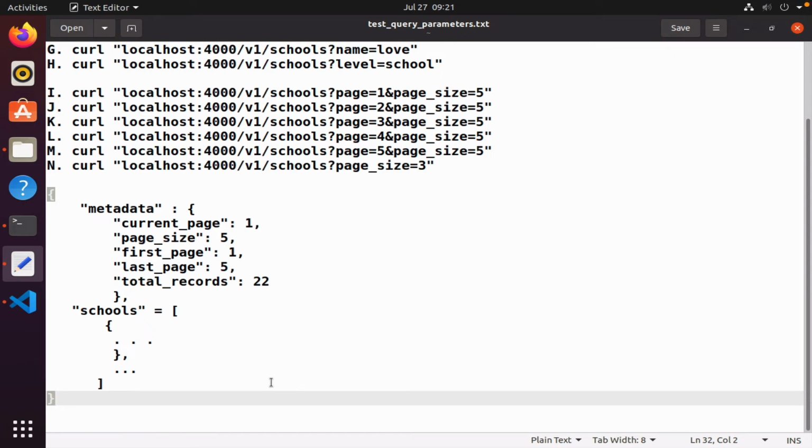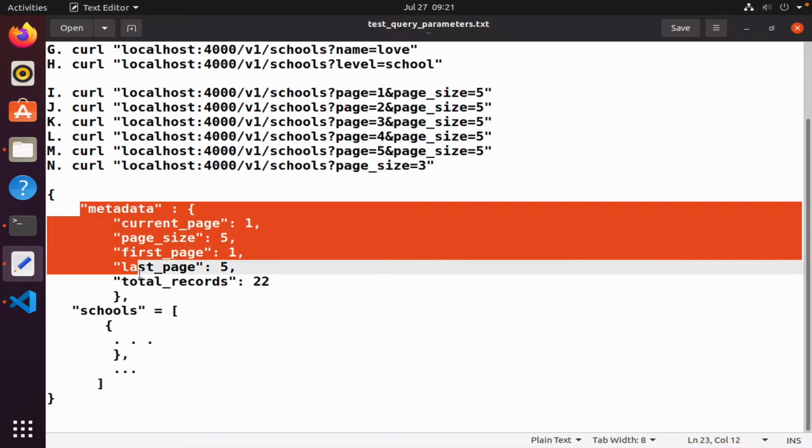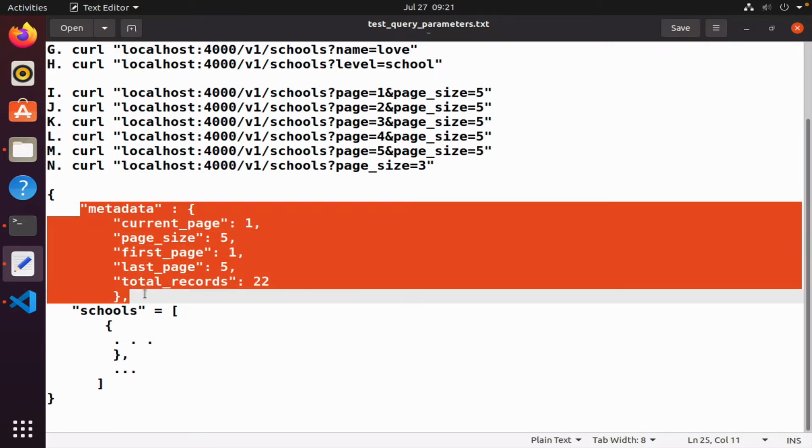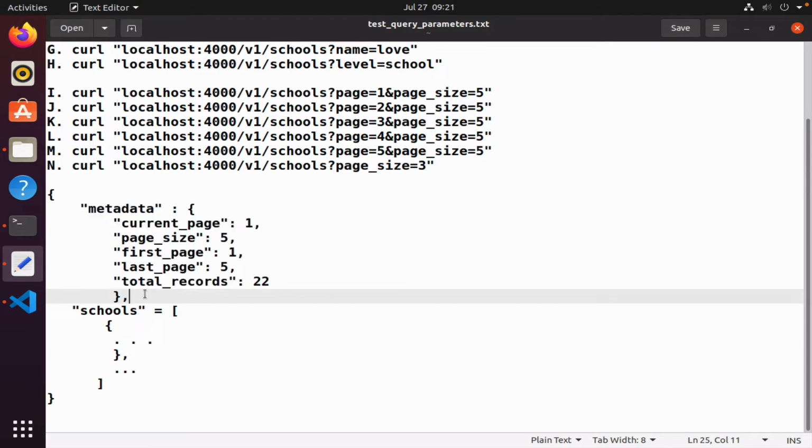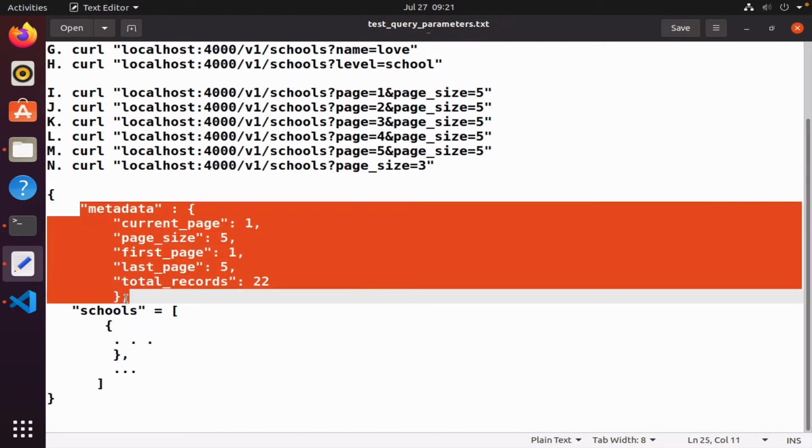Welcome back. In this lesson, I want us to complete our pagination. And by complete, I mean I want us to add metadata that will help the client better navigate the results that are returned. So at the end of this lesson, we want to have metadata similar to this, where the client knows the current page, the page size, the first page, the last page, and the